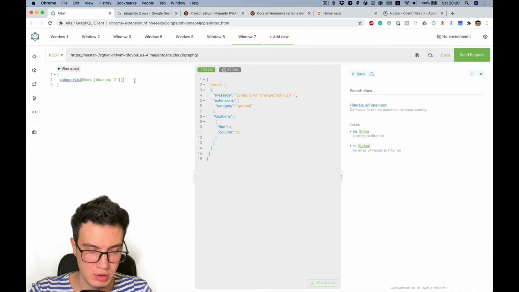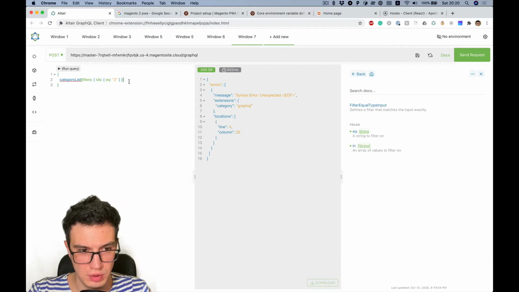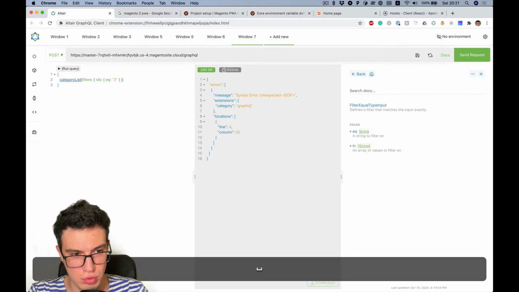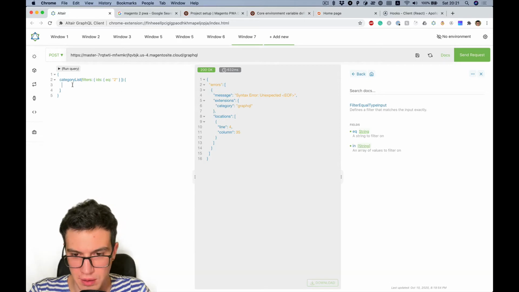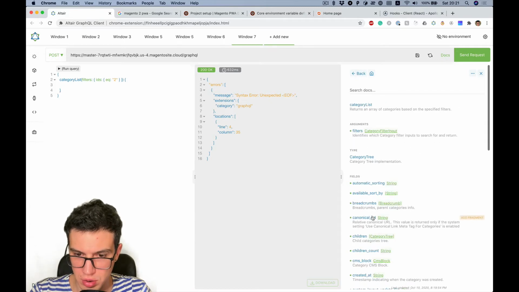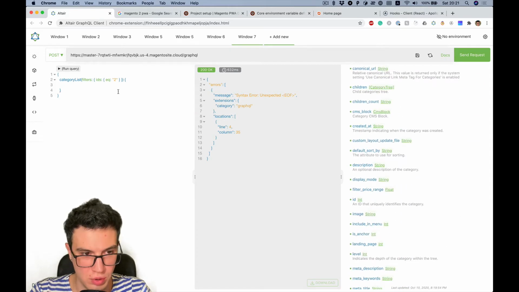Usually Magento uses default root category with ID 2, and let's pass fields we want to fetch. Okay, I want ID,